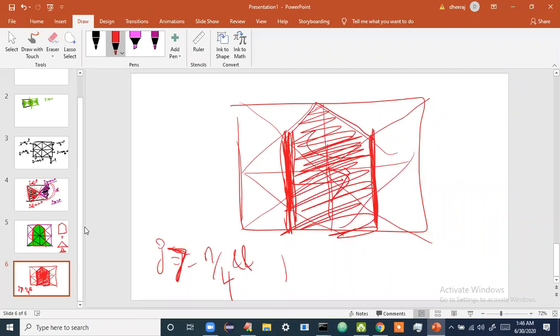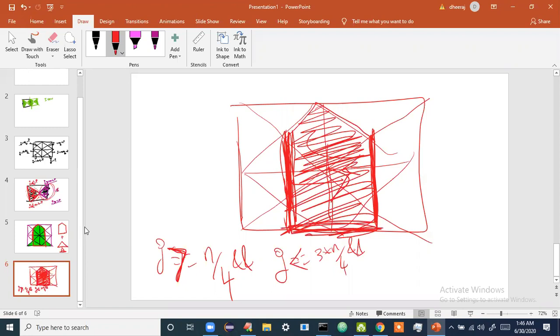Which variable? J. J is equal to. Is it the middle column? No. Is it the last column? No. It is the 3n by 4th column. From that line, draw left side. So J is less than or equal to 3n by 4. Again, and operator. Should I write this line? No. You can ignore this line because it is a boundary.